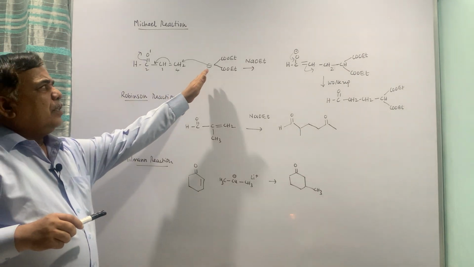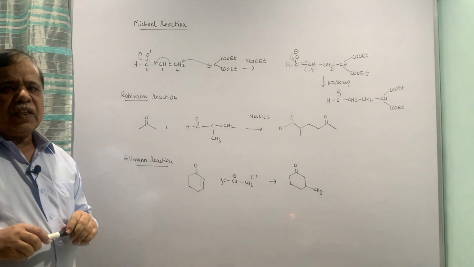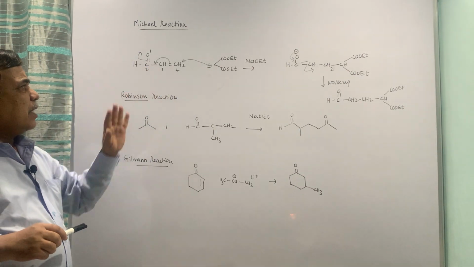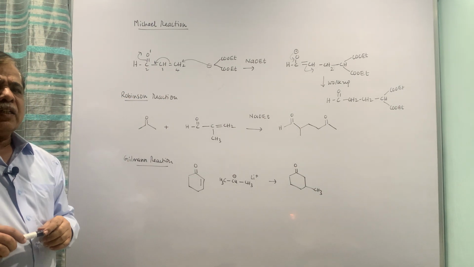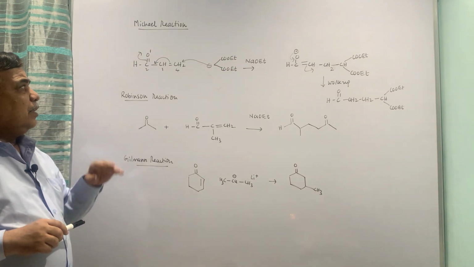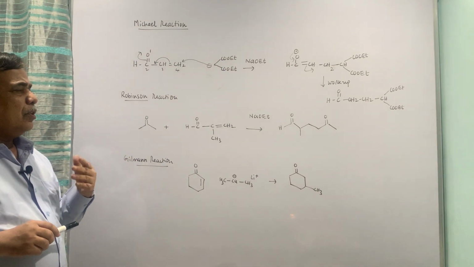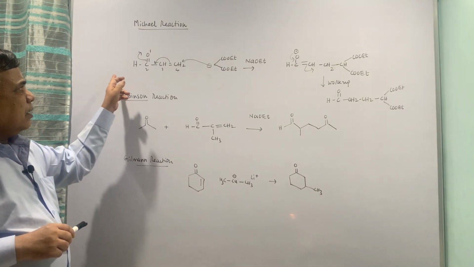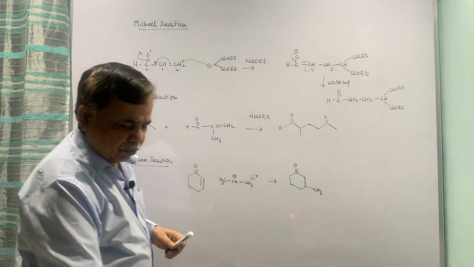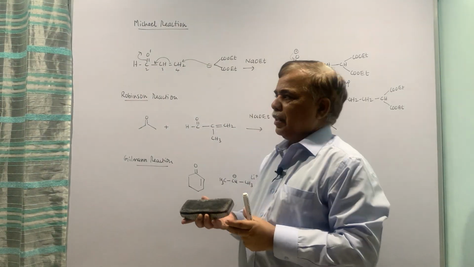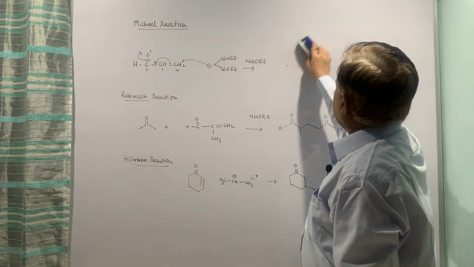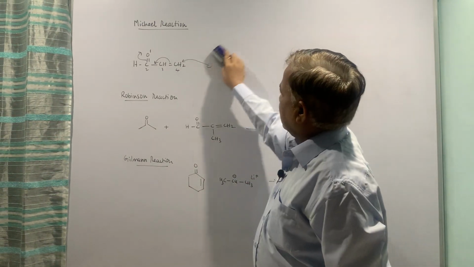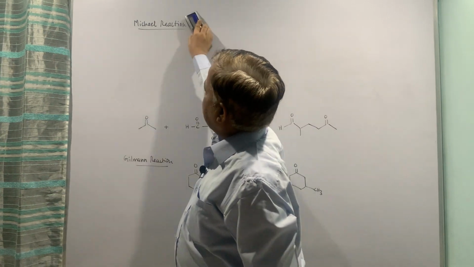Now this is one of the nucleophiles. You can add all such types of nucleophile provided you are working with an alpha beta unsaturated carbonyl compound. Let it be aldehyde, ketone and so on. Okay. Now that is one of the examples. We will soon come to the examples once we are done with these reactions. The second reaction which is listed here is Robinson